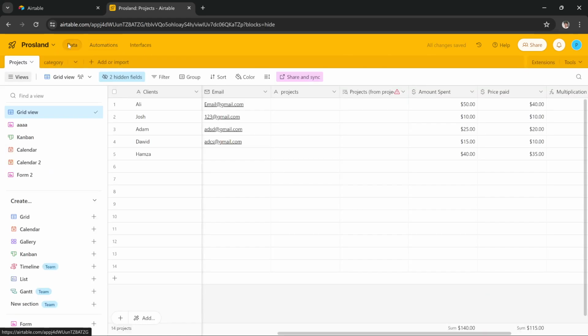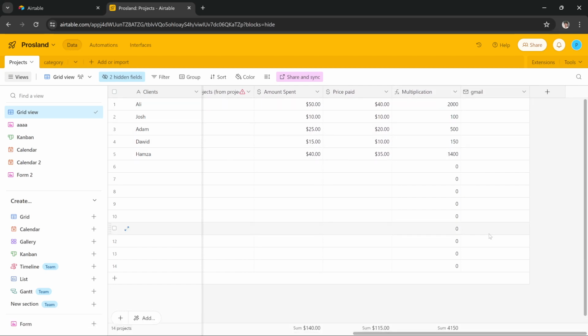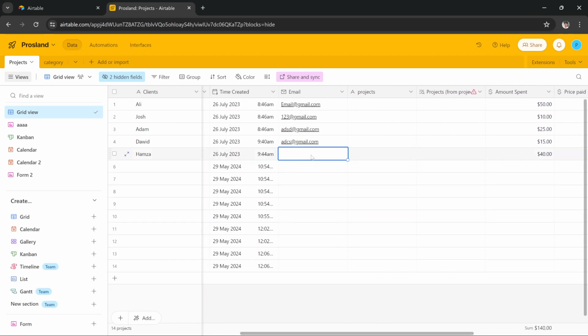Now you just have to go back, and as you can see I have a bunch of emails in this section, and then I'm gonna show you I have no email in this section. So what this automation is gonna do, if I add any email in that section, it is going to automatically add that email into this section using the automation. So let me just add an email here,